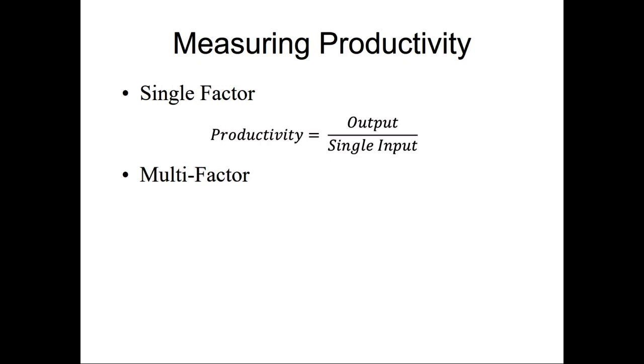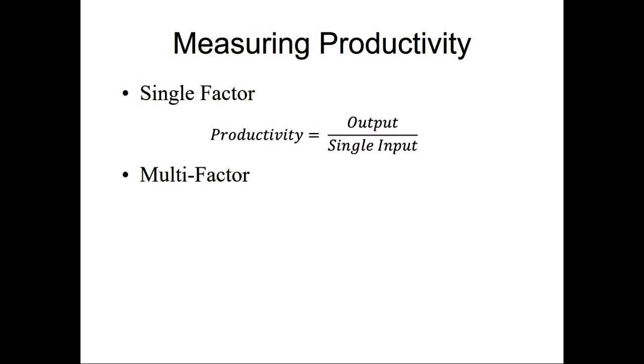The biggest challenge, the calculation is easy. The biggest challenge we have with single factor productivity is you only get to measure one. So you better pick the right one. Pick something really important to your product, which is often labor. Pick something that you have amazing control over, because as an operation manager, I'm going to measure productivity. I'm going to be held accountable for increasing productivity. I better be measuring something that I actually can influence, like labor or like machine speed or something.